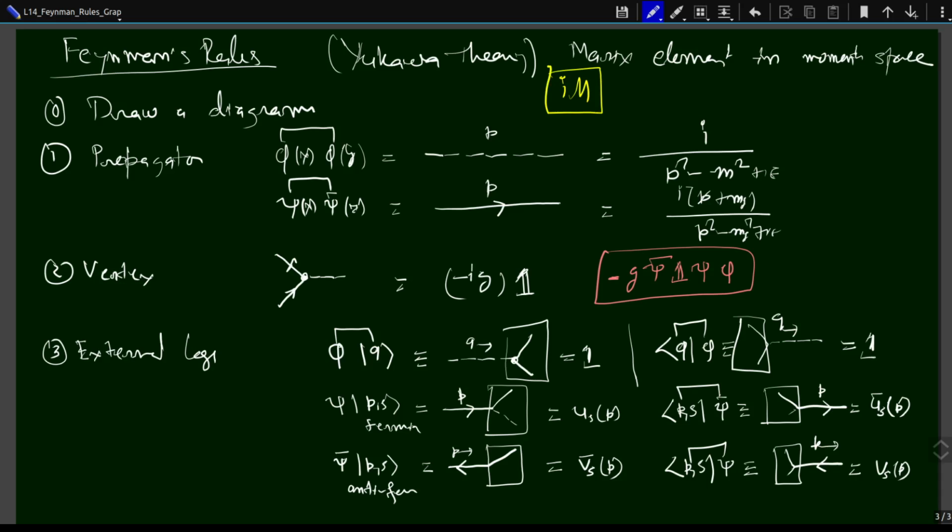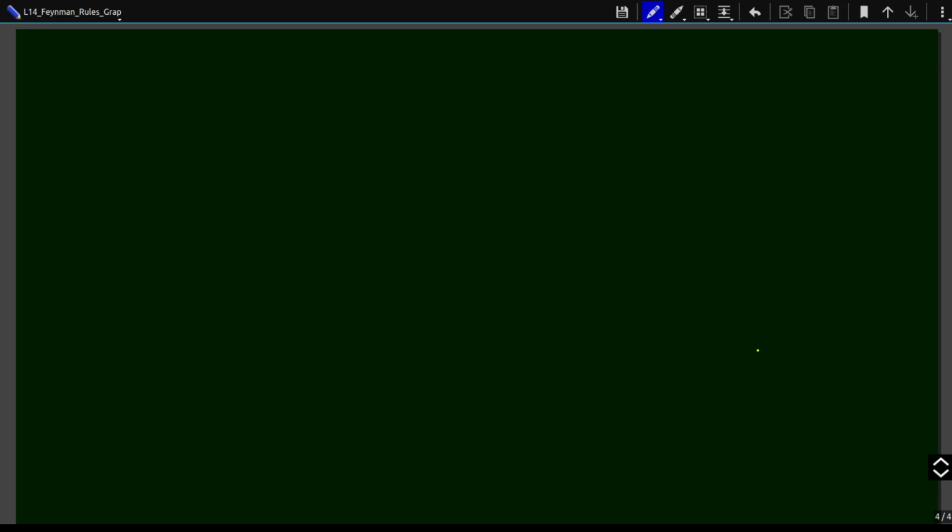So draw a diagram, that's rule 0, and then for the propagator you do this. What it says here is there is only one vertex in Yukawa theory, you do this. For the external legs, these are the bunch of rules for how to do it with the scalar and how to do it with the fermions. Scalars you already know from the previous course. Fermion is something new in this particular course. Then rule number 4,